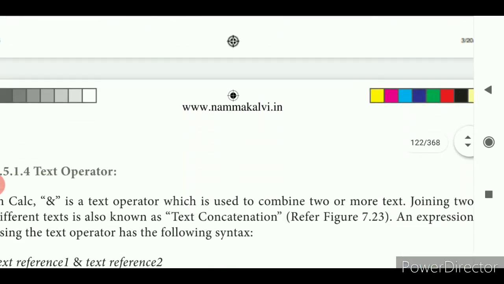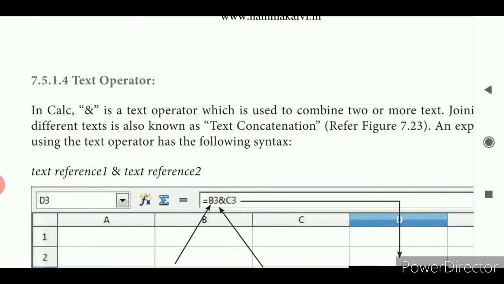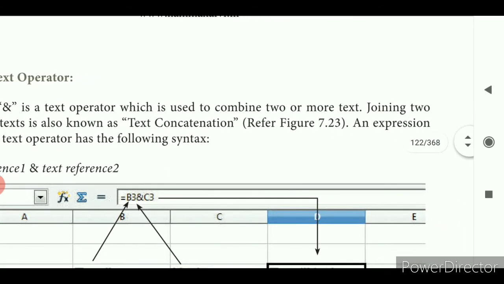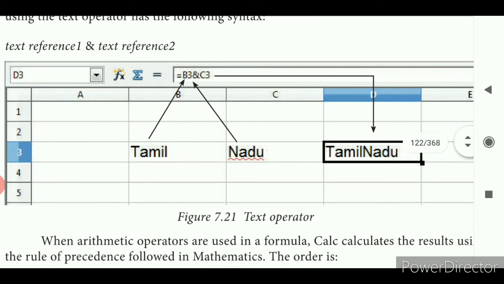Then the next one is the text operator. In Calc, the ampersand is a text operator which is used to combine two or more texts. Joining two different texts is also known as text concatenation. Concatenation means nothing but joining two texts. Here you see in B3 you have Tamil, and in the C3 cell you have Nadu.